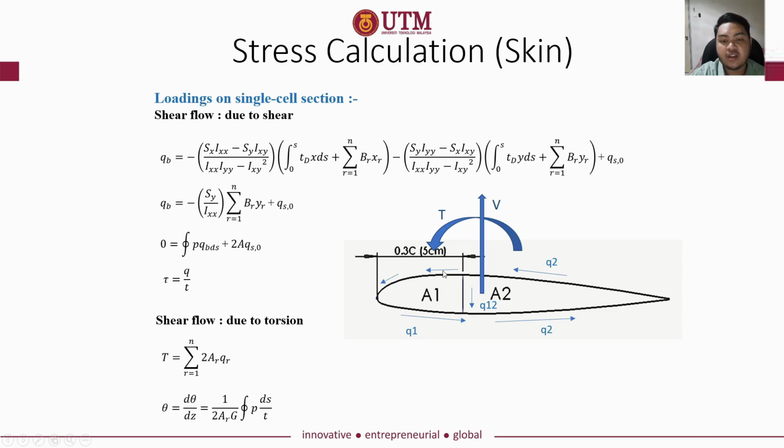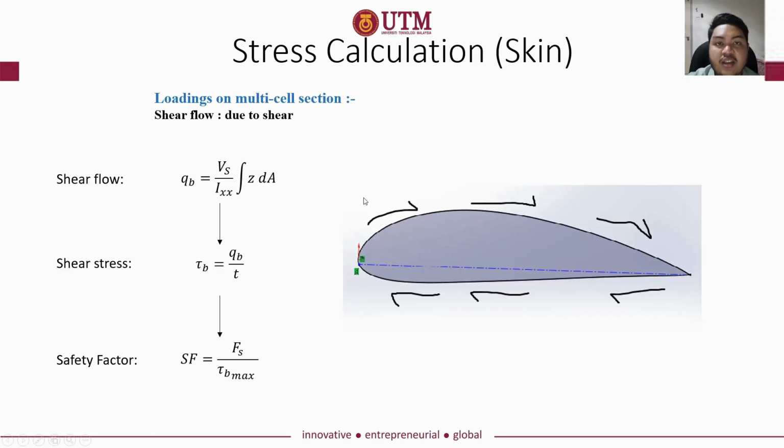From this diagram we can see the shear flow around the airfoil, with the arrow indicating upward being the shear flow due to shear, and this other arrow indicating the shear flow due to torsion. Later we will sum up the total shear flow due to torsion and due to shear to get the factor of safety. The stress calculation for the skin,